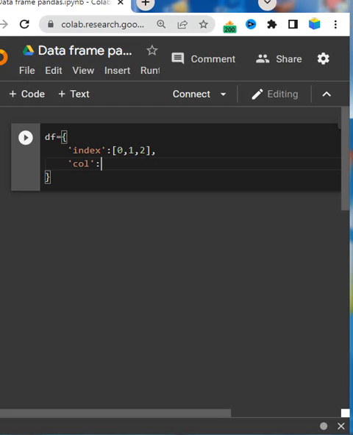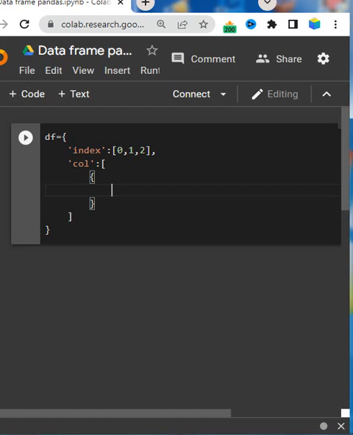First the column, and you start square brackets, then write a curly bracket, and start with a name, another name, and you can write the name related to growth,